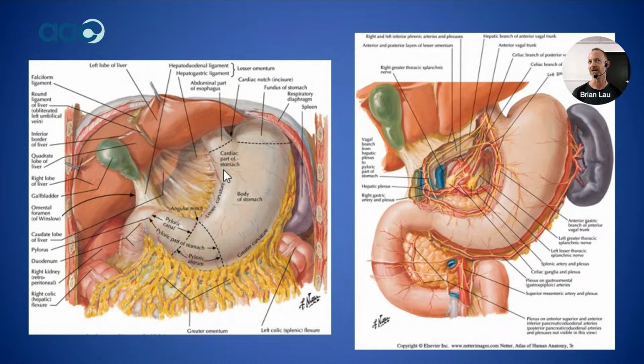So I see that this lesser omentum is part of that internal pathway of the liver. Topography wise, it makes sense. It matches the topography fine. But if you open up in dissection and go inside of that lesser omentum, then I think it really gives a clear indication, or at least a hint at what the liver channel is all about. And that's what we're looking at here. We have the contents of the lesser omentum. We have the hepatic vein, we have the portal vein, and then what I think is really important to understanding the liver pathway and the liver channel itself is we have a branch of the vagus nerve.